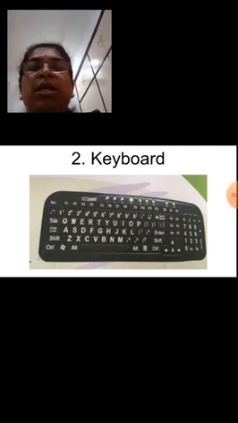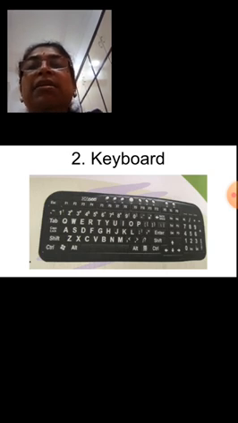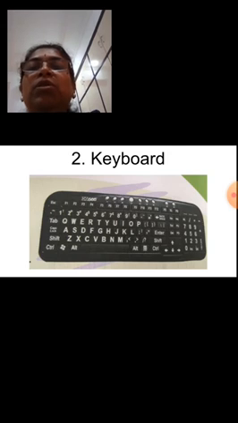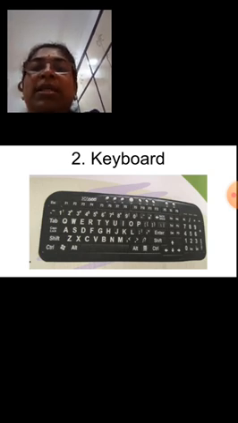Apart from number keys and alphabetic keys, there are a few more keys. Some of them are called function keys, which are assigned certain functions only. Whenever we press those keys, they will do those functions. Apart from that, there are other keys called control keys. See, the CTRL key is there, the shift key, the caps lock key, the escape key.